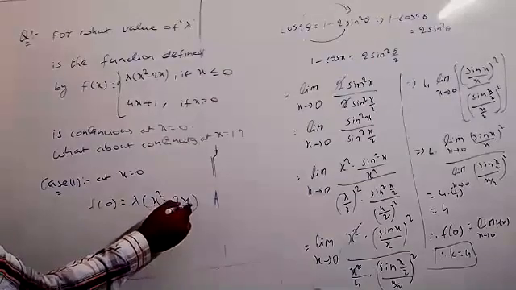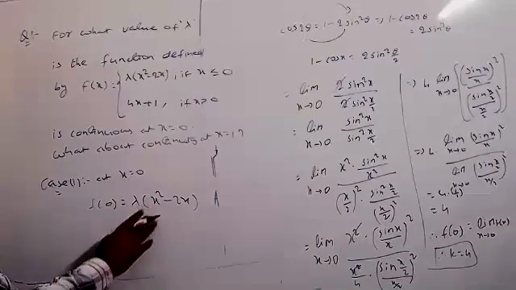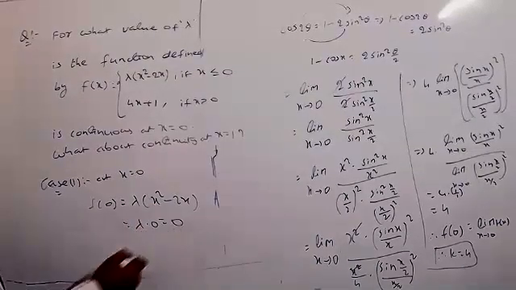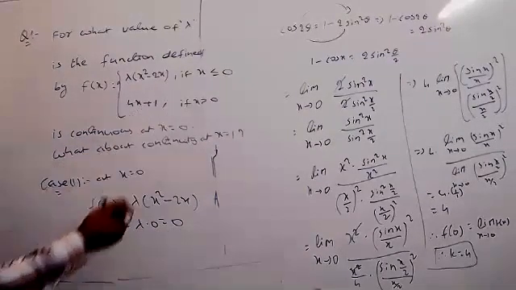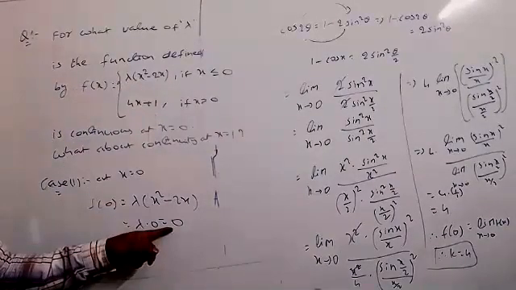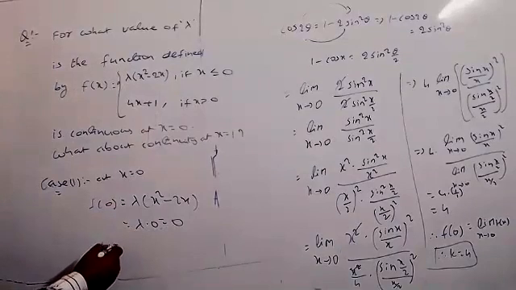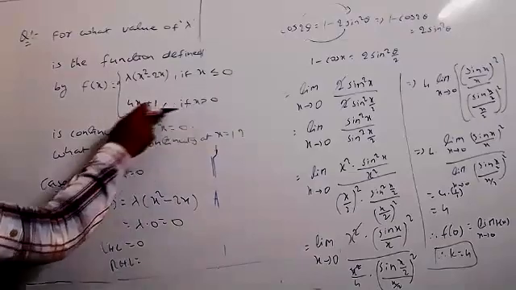This is the function now, 2x. So lambda into x equal to 0 means we get clearly 0 only. So lambda into 0 equal to 0. And find the limit also you can find now. Directly you can find LHL and RHL separately. If you take LHL also we get 0 only. LHL also will get 0. But RHL equal to 1, sir.